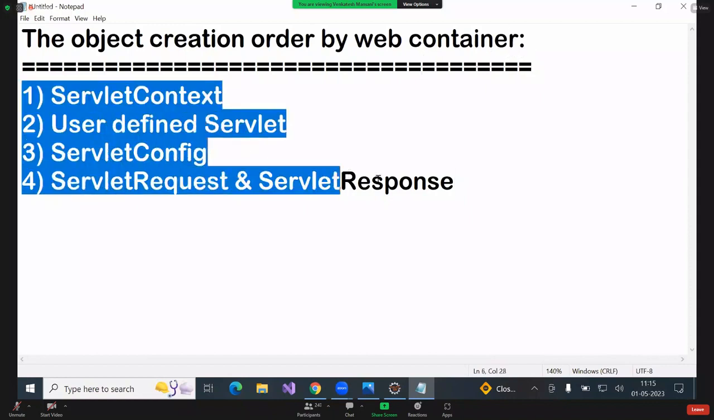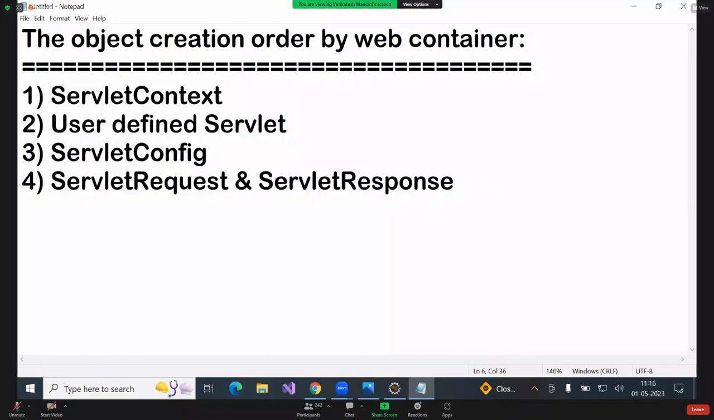These are all automatically created by web container for Servlets. The order I gave: first, Servlet context. Servlet context is created